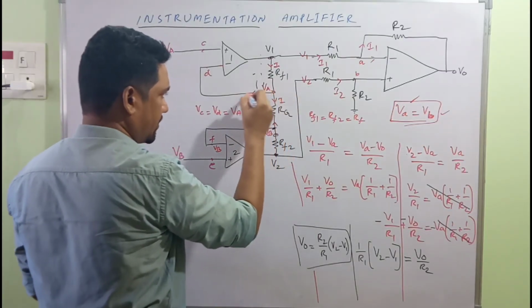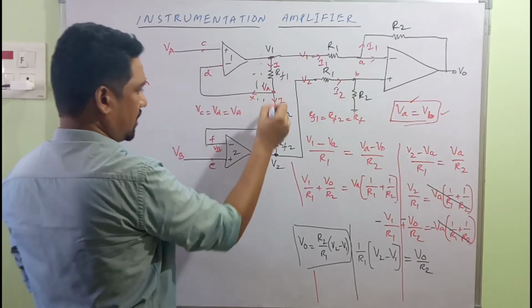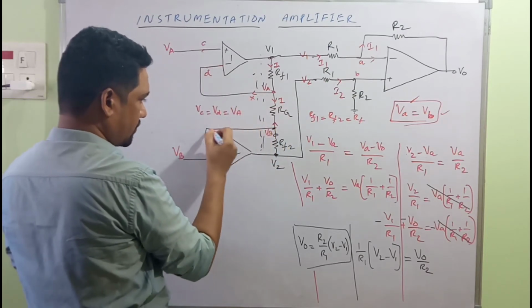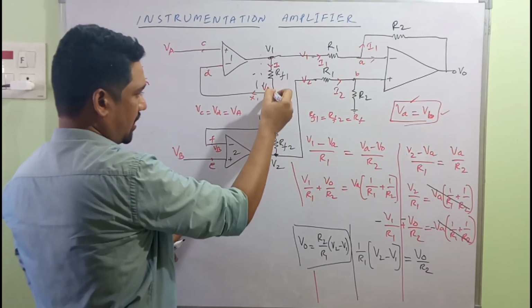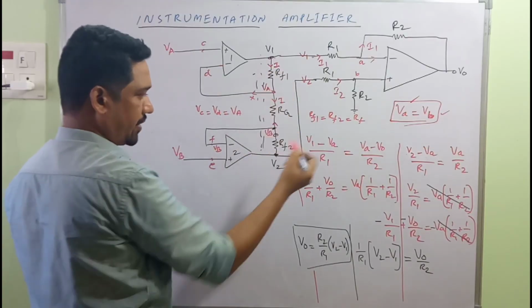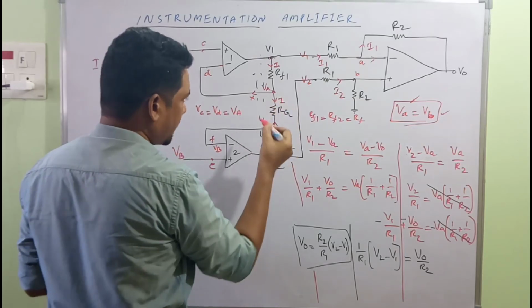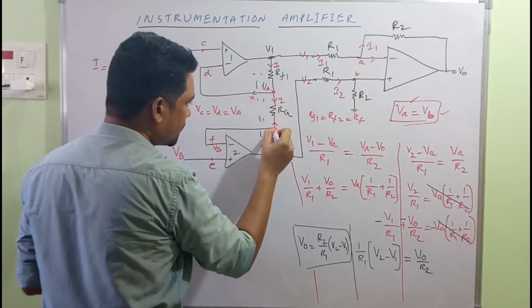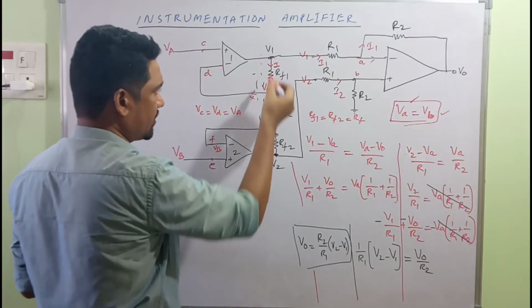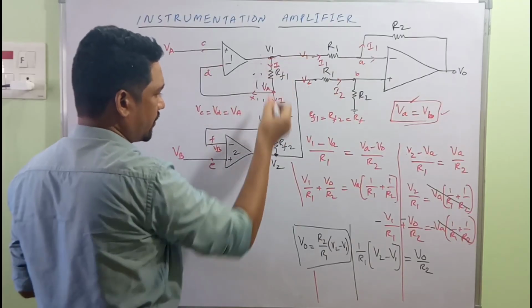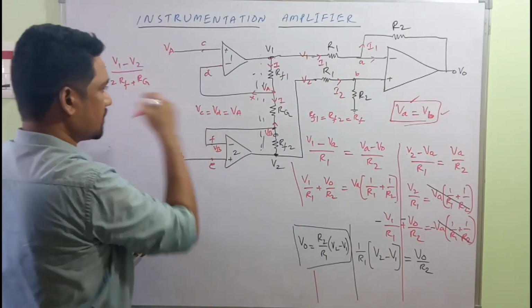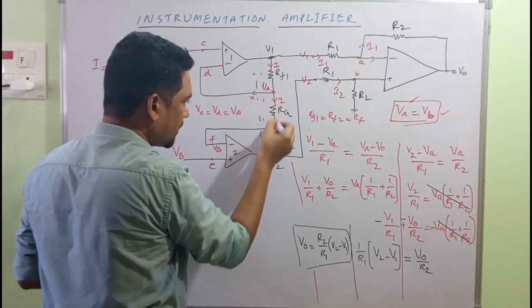It doesn't go through this side because, even after this node, it doesn't go through this side because of the high input impedance. I will have to flow from this direction only. Very sure, pretty sure. And what is the expression for I from this node to this node? The same I. I from this point to this point, it's this expression. The same I will be flowing from this and this also.